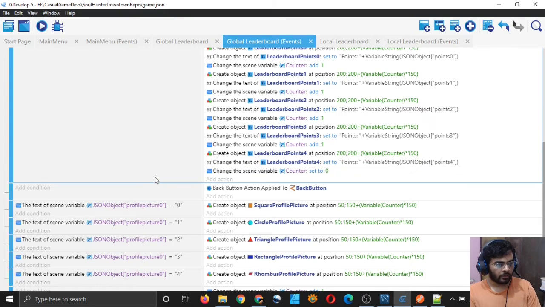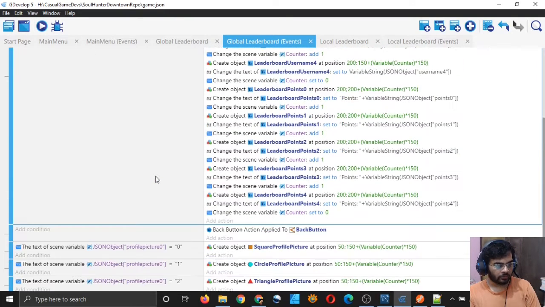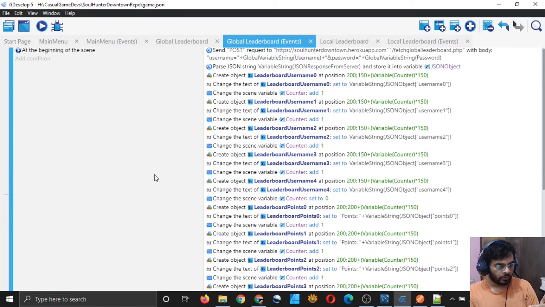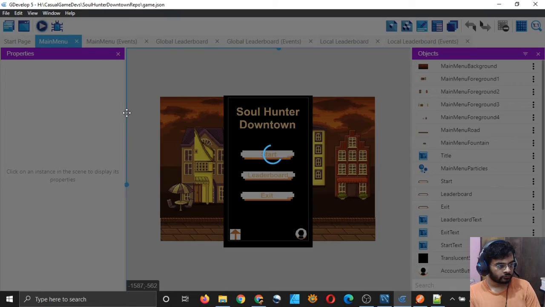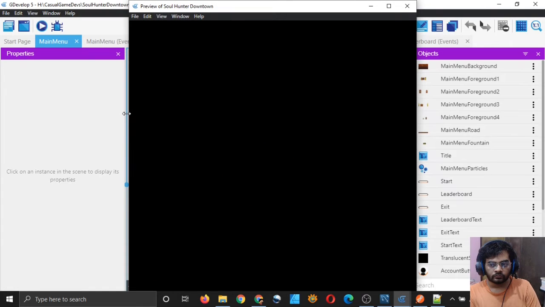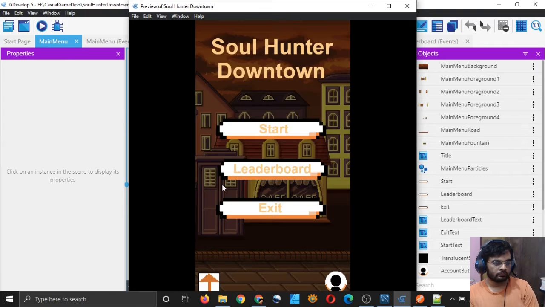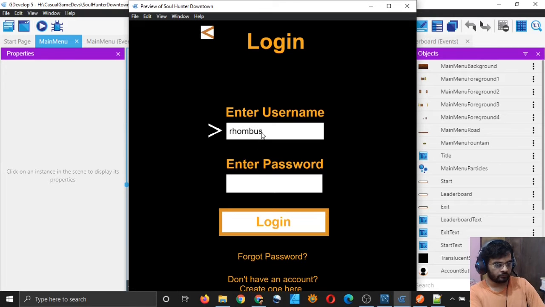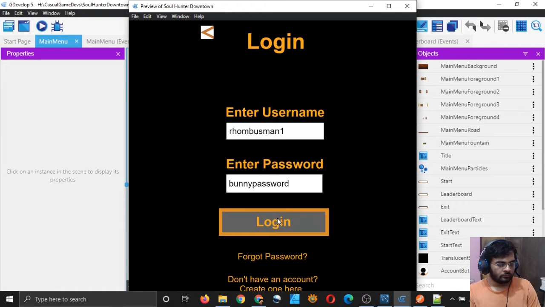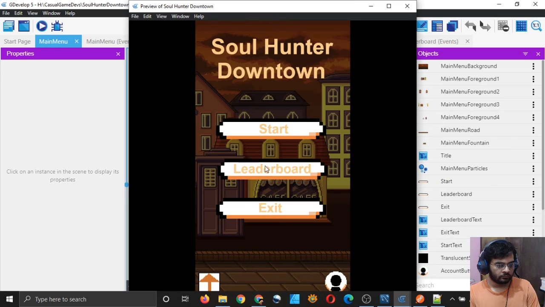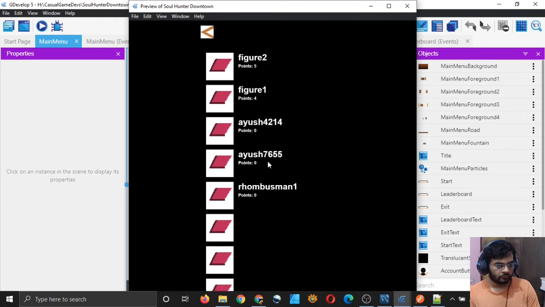Yeah, now we will also see the points value below the usernames, hopefully. Let's test it out. Yeah, so as you can see, we can see the points 5, 4, 0, 0, 0.